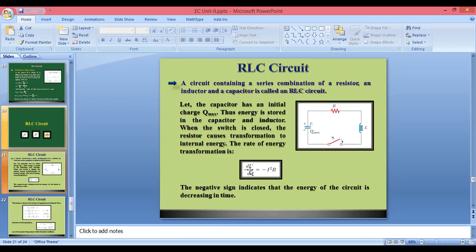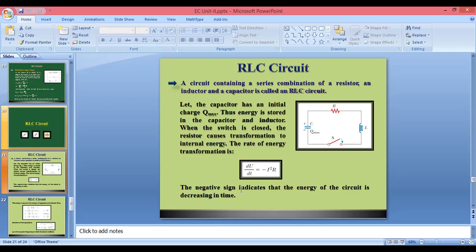And how can we calculate energy? We can calculate power equal to V into I. So what can I write for V? IR. So our equation will become I square R. And as we are taking the clockwise direction, and as there is an inductor, EMF will be induced, so we take a negative sign, because the negative sign indicates that with increase in time, the value of current and voltage will reduce.